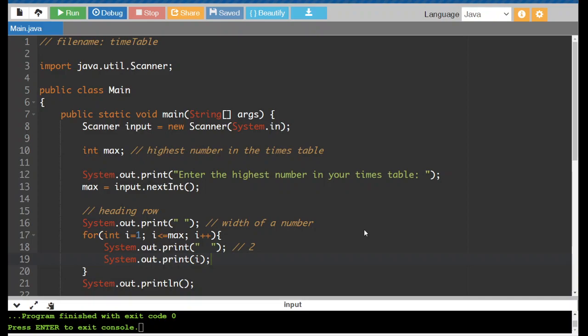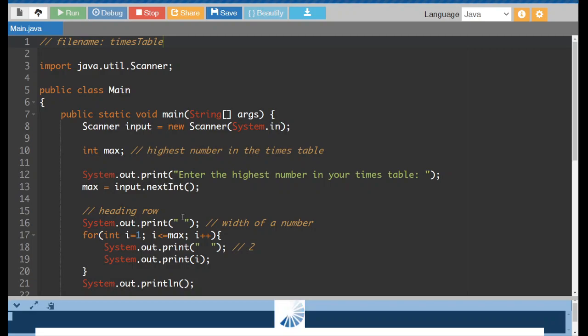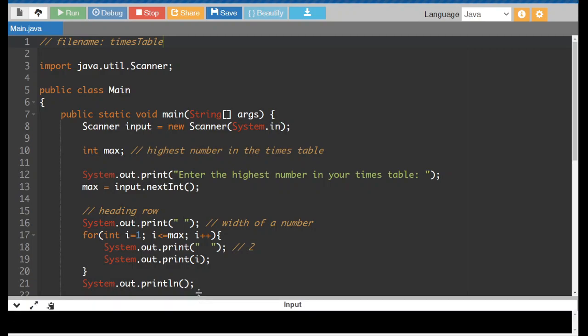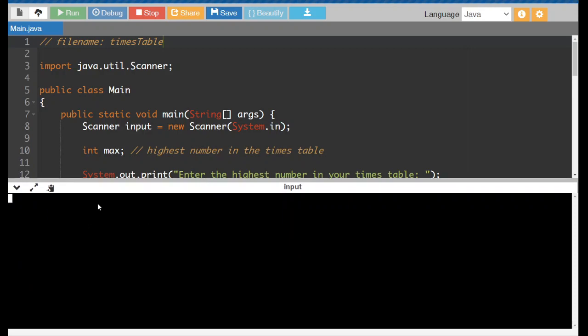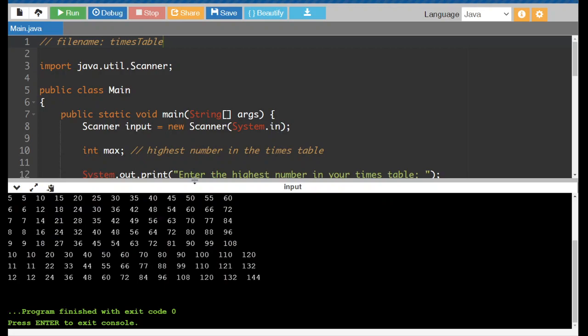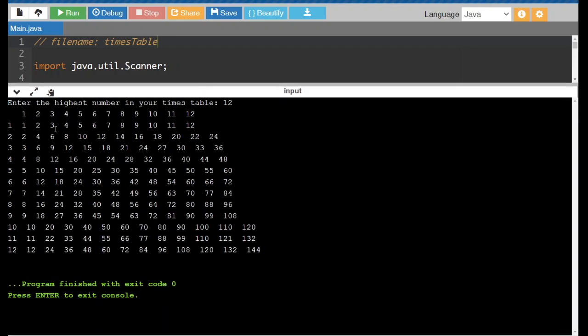Let's return to a previous program and fix a little bit of an issue using a loop. In a previous video, we worked with this times table program, and this is what it did. I'll run this. So we pick a number, say 12, for example, and it displays a times table with all